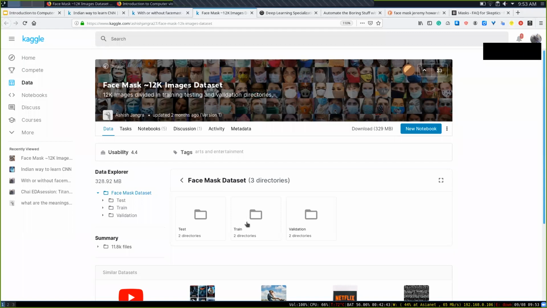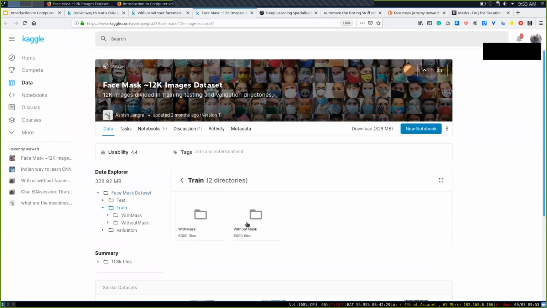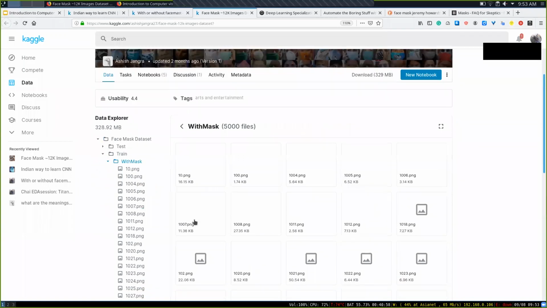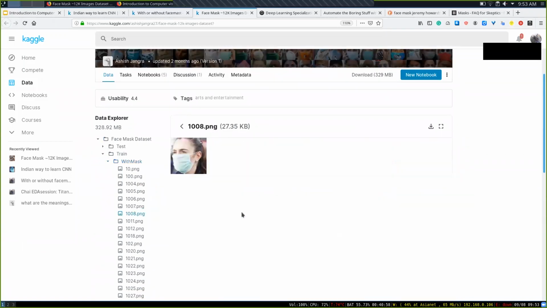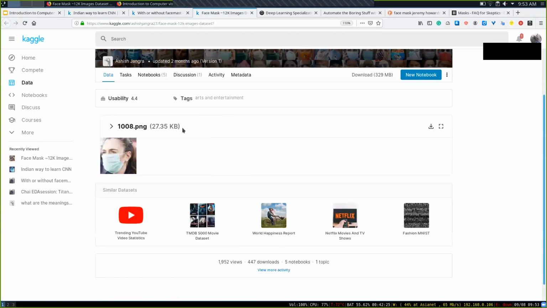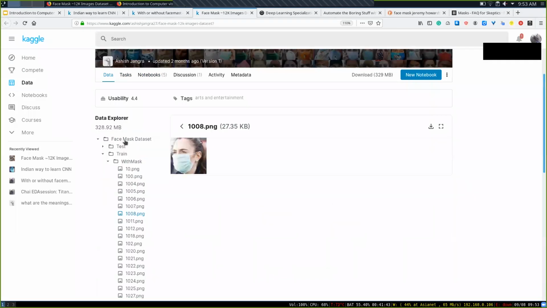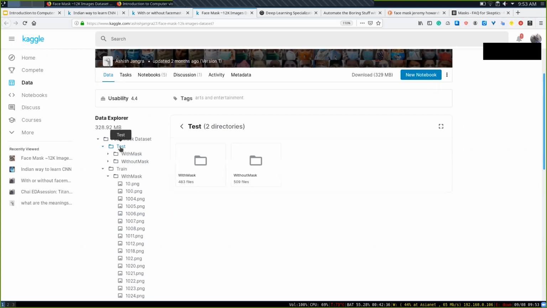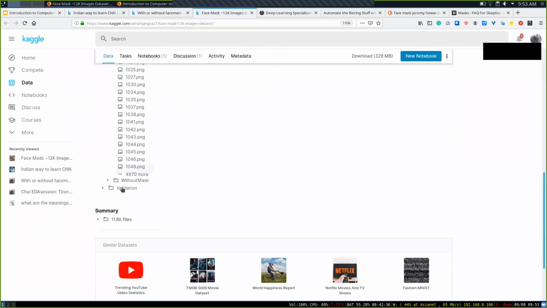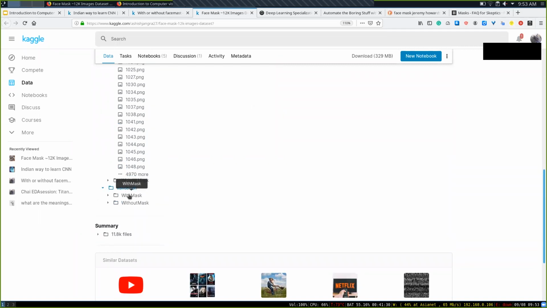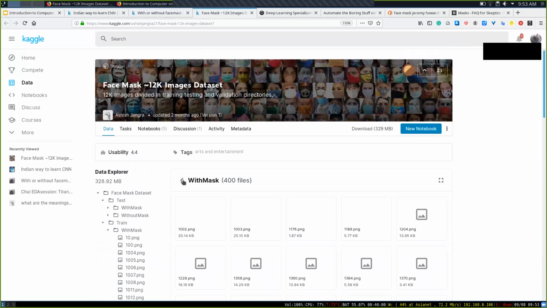And if you look at the train folder, there are 2 labels, with mask and without mask. In the case of with mask, you can see there are a lot of images where people are wearing masks, and all the images are resized, because it's obvious that we won't be able to get such a small data set otherwise. Similarly in test, with mask there are 483 files, and without mask there are 509 files, and in validation there are 400 files with mask